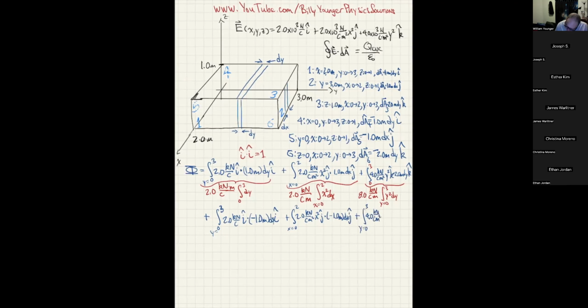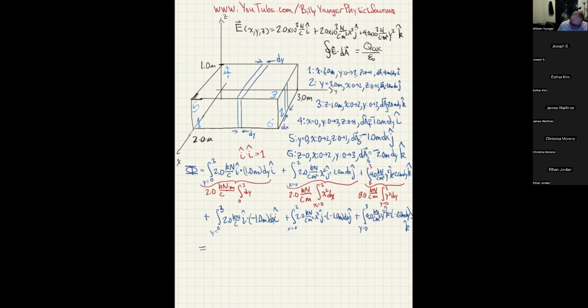Coulombs per meter squared. k hat. Oh, left off the y. y squared. k hat dotted with negative 2.0 meters dy with a k hat in there as well. Okay. I think you can look at that and see that ultimately we are going to get